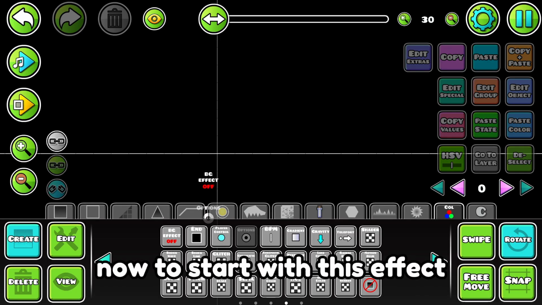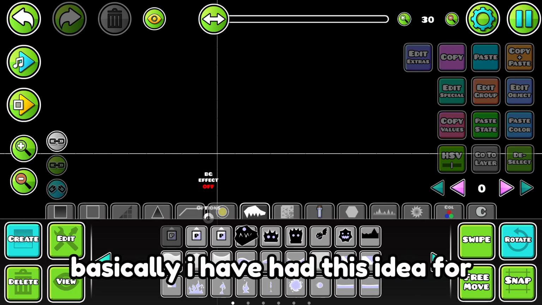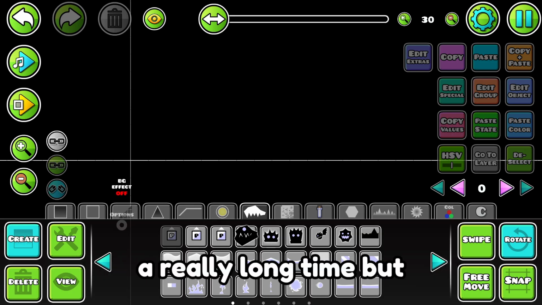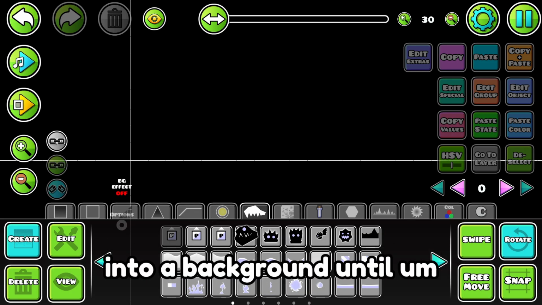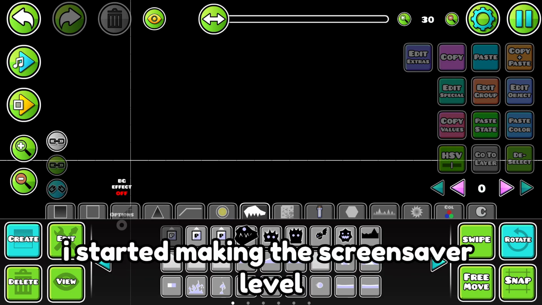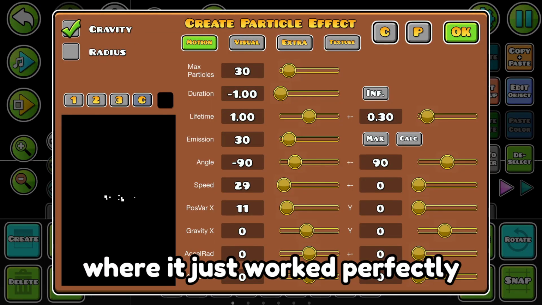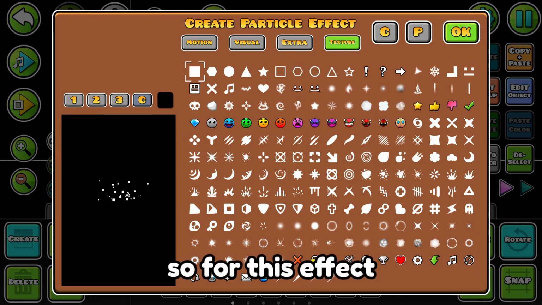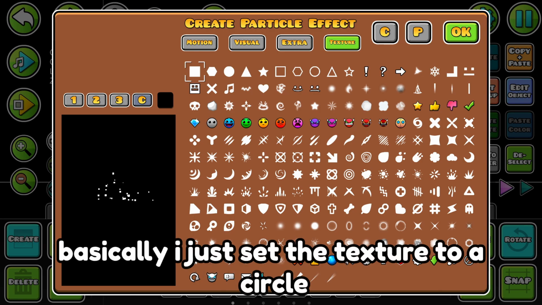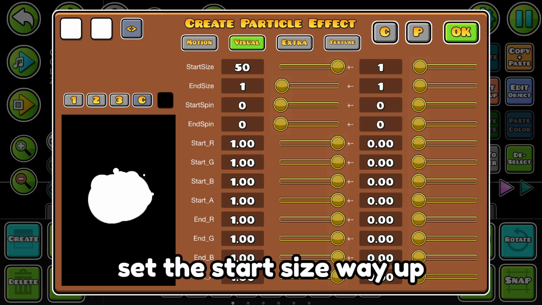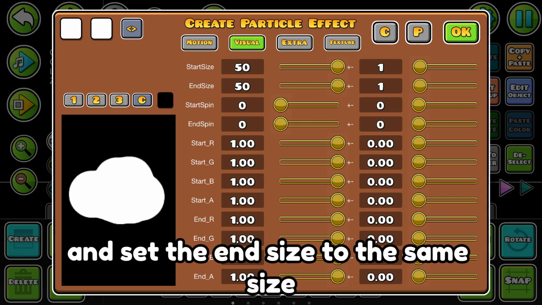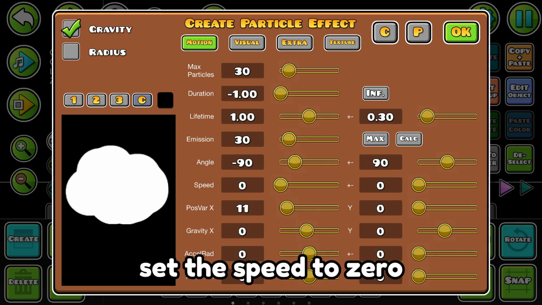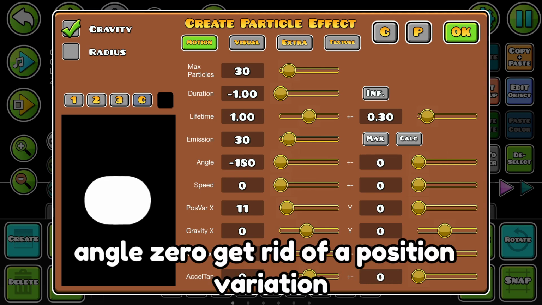Now to start with this effect, basically I have had this idea for a really long time, but I hadn't thought of a way to implement it into a background until I started making the screensaver level, where it just worked perfectly. So for this effect, I just set the texture to a circle, set the start size way up, set the end size to the same size, set the speed to 0, angle to 0,